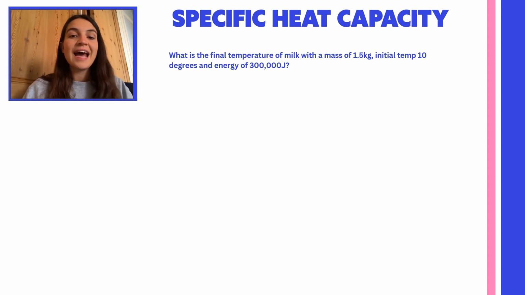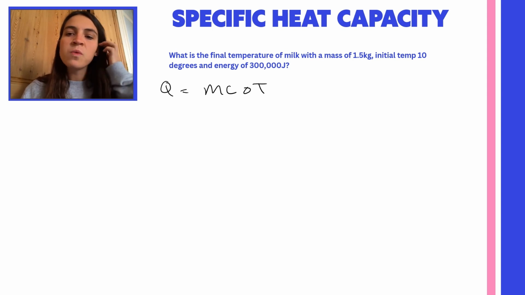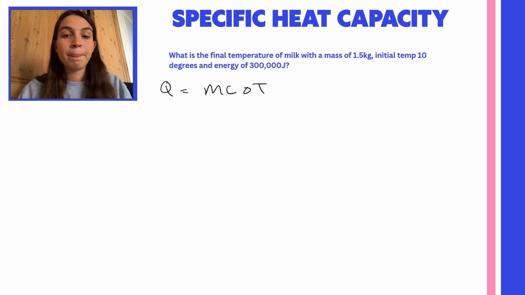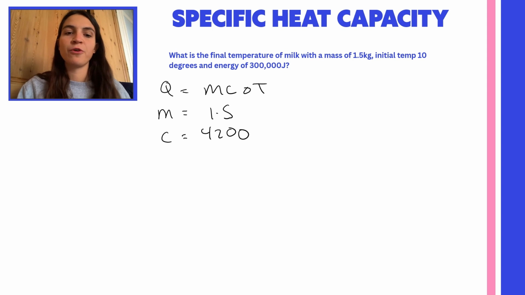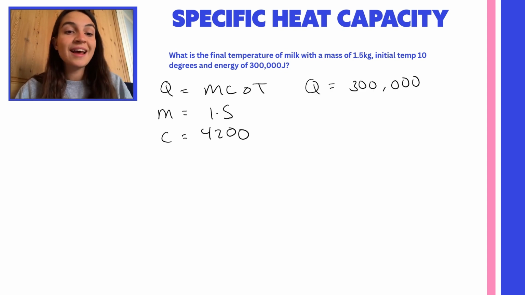Okay, now it's going to ask me if instead I had this mass of milk of 1.5 kilograms and it has an initial temperature of 10 degrees and I give it 300,000 joules of energy, what is the final temperature of that milk going to be? Since this is a question about temperature, I know my equation is still Q is MC delta T. And what information do I have in my question? Well, I have my mass of 1.5 and I have my C from the question before. Remember C, your specific heat capacity, just depends on the material. So since this is still milk, my C is the same, 4,200, and I have my energy Q of 300,000